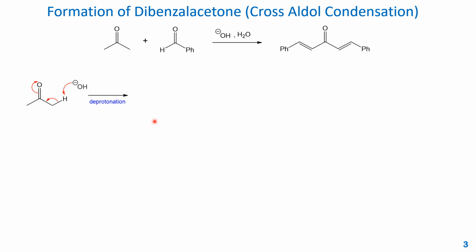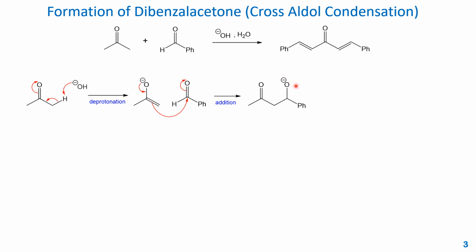So deprotonation will give you this enolate intermediate, and this is a good nucleophile. This will react with the benzaldehyde. The electron of the oxygen pushes back and pushes the pi electron to attack this carbonyl, and then pushes the pi electron to the oxygen here and forms this